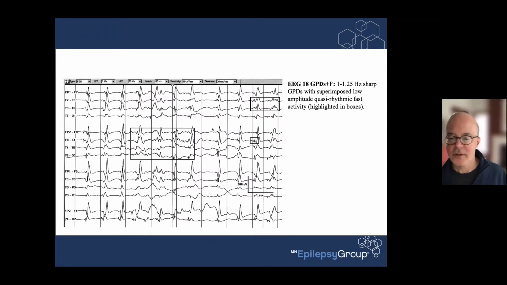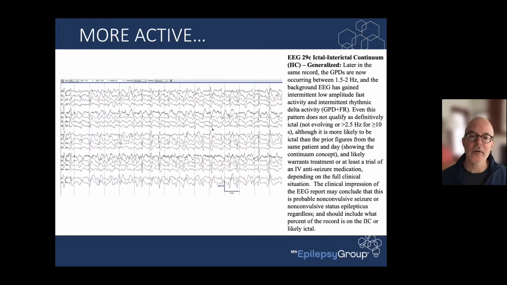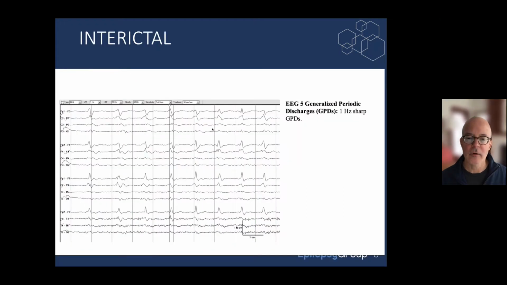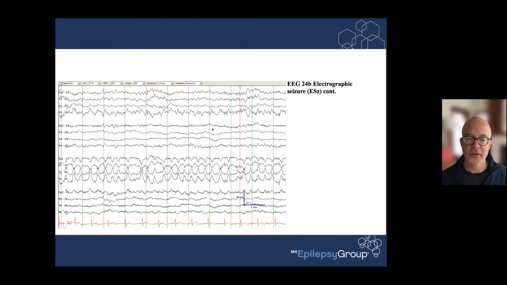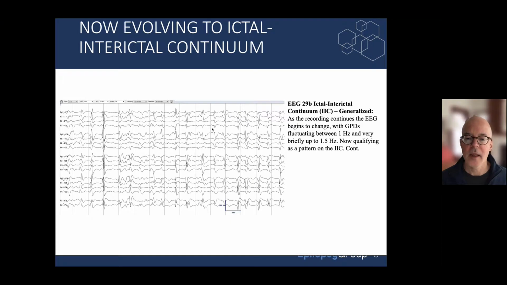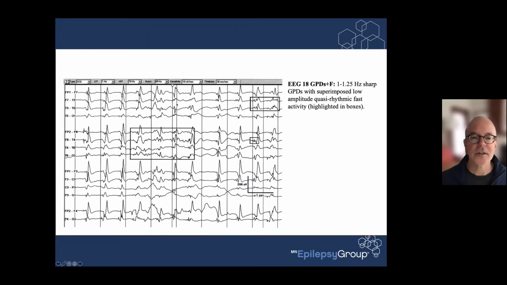Now, here's another subset. We've been talking about the ictal interictal continuum, and just to review it, here we are, that's interictal. And here's, no doubt about it, seizure activity. Now here we're getting into the continuum, mainly because of how frequent the discharges are. These discharges themselves are too slow to be in the continuum, more like 1 hertz or 1.25, but they really are